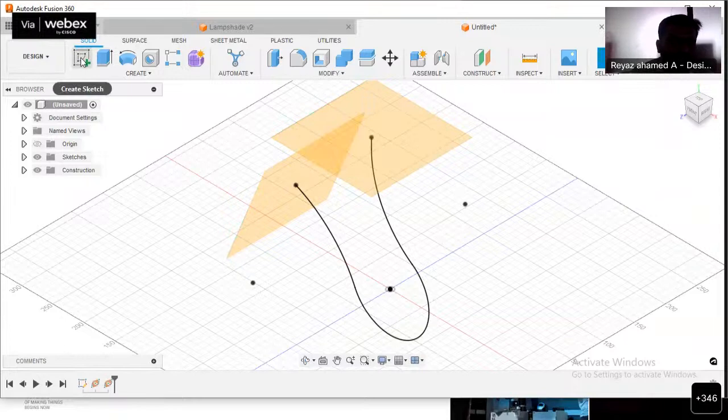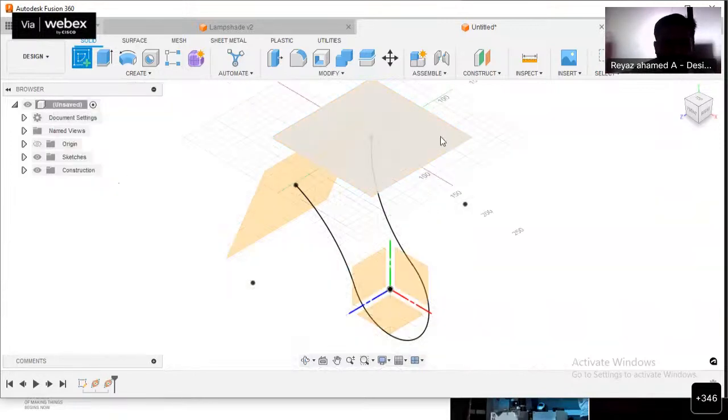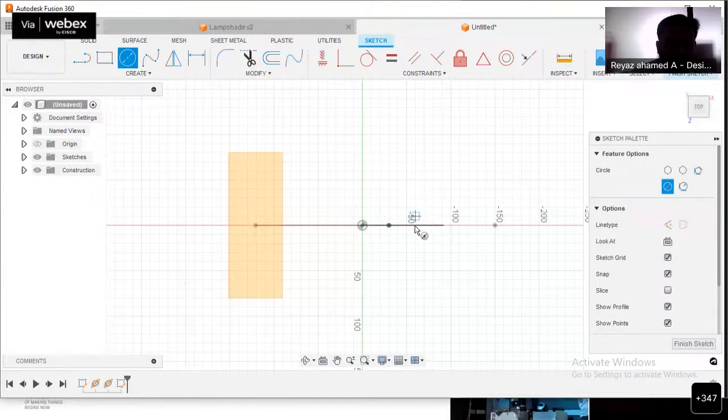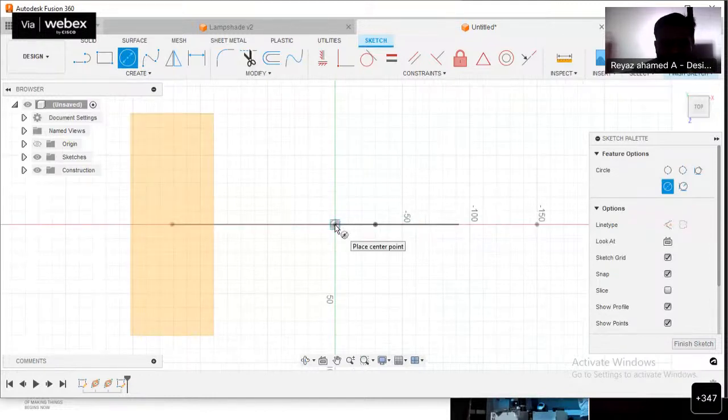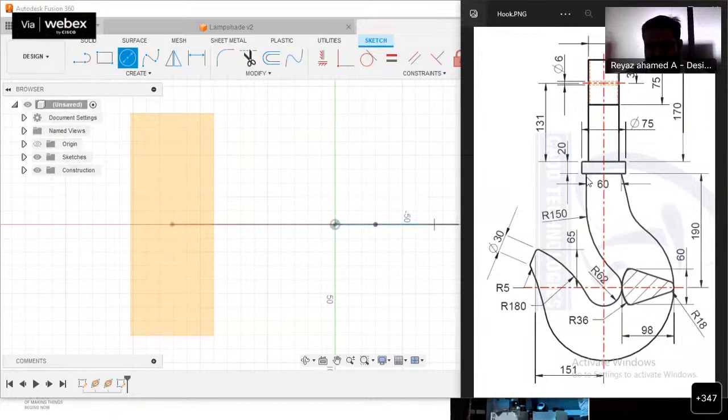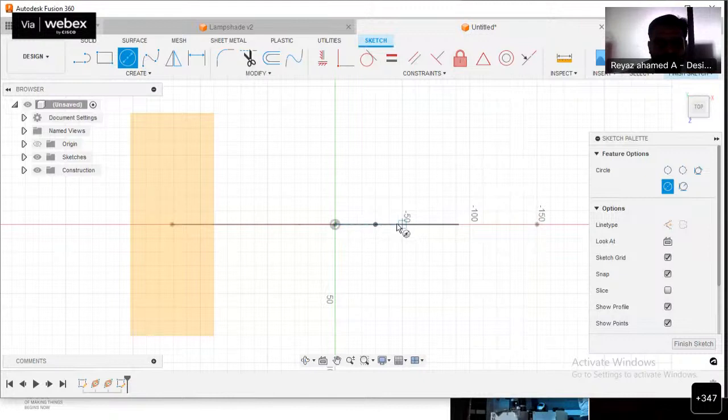So just go ahead with the create sketch option. So choose the top plane. Let me click on this plane. So we have to create our circle because it is a cylindrical portion actually. Let me create a circle. So this is the center point. Actually, this is not a center point. This is one end point. Because we had created the path from here, we have to create our circle of 60 mm diameter on the left hand side of our path actually. So in such a way we're going to create our circle.